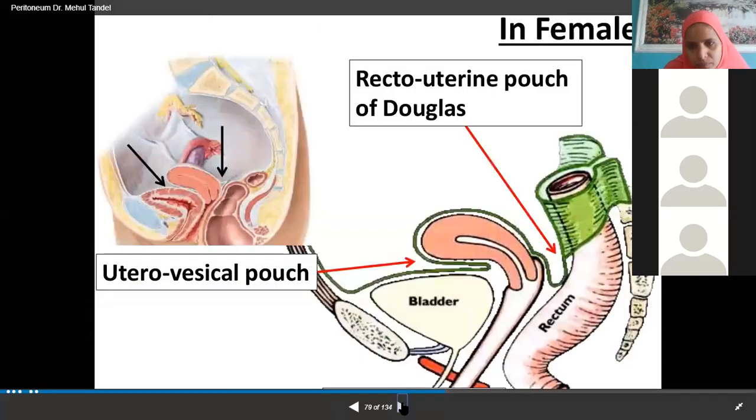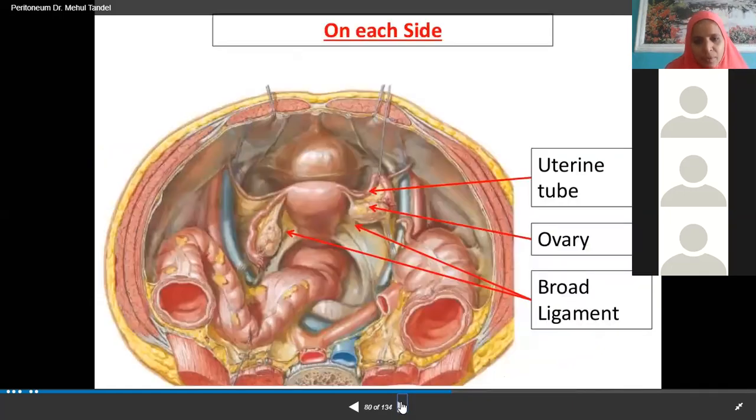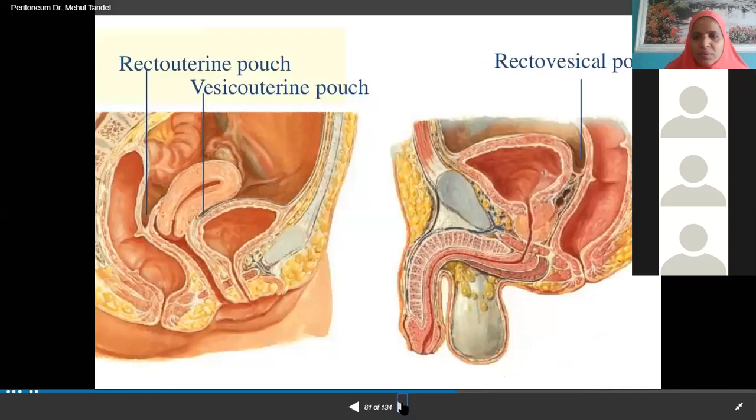See, now is this a female? It's written here. Female or male? Female. Just behind pubic symphysis, you are finding urinary bladder. Behind urinary bladder, you find uterus, behind which you find rectum, anal canal. And of course, these are the pouches which I already told you. Between uterus and rectum, recto-uterine pouch. Between urinary bladder and uterus, utero-vesical pouch. So these are the ones which I have covered. I'm not going to elaborate.